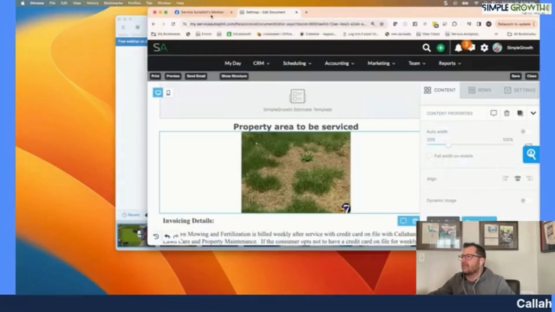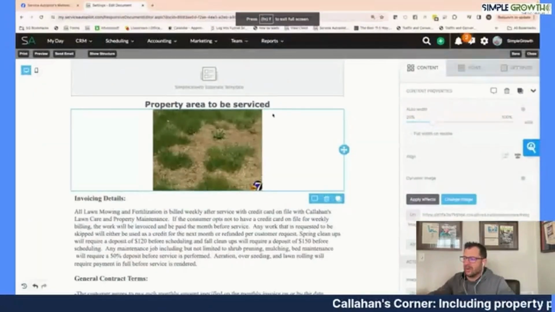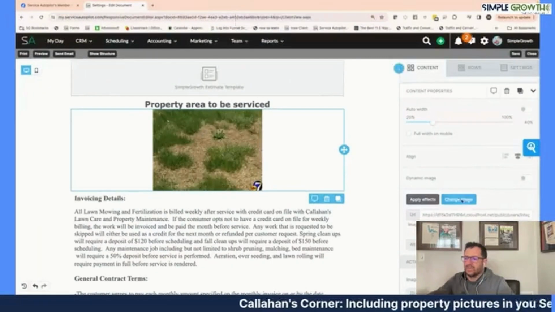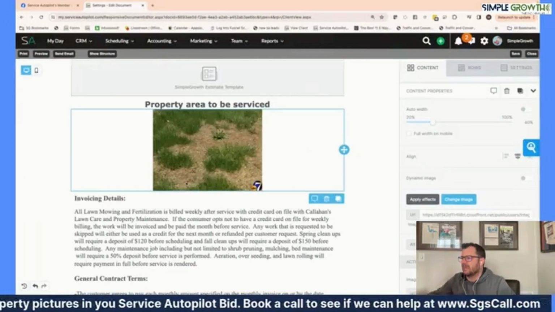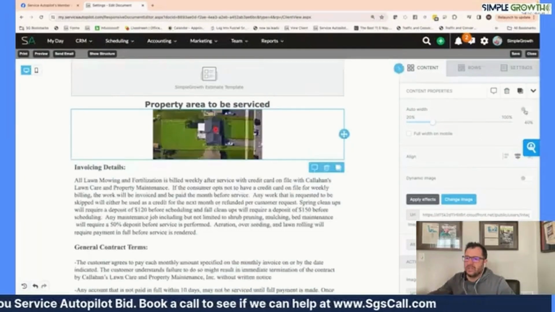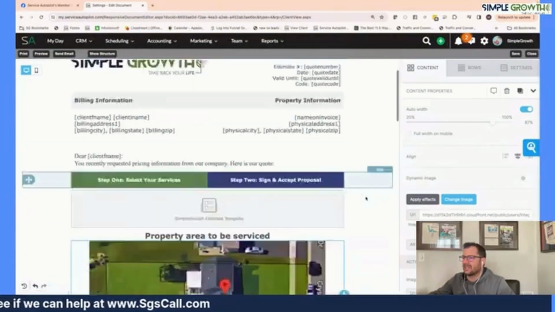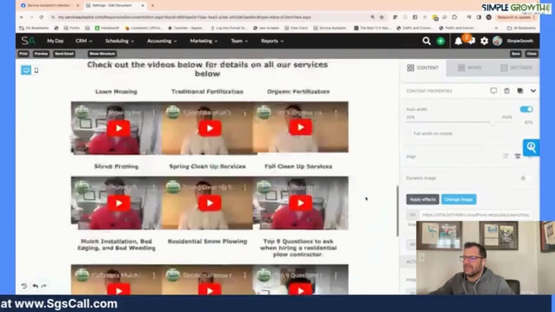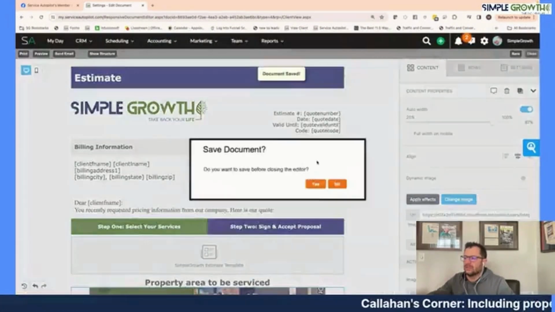When we go back into Service Autopilot, this is an example of if there's a trouble area, you could be pointing that out. We can change the image, upload it, use Carlos's image, and insert it right in the document, and now Carlos has an image that he can manipulate and actually show the service area on his Service Autopilot estimate. So once you do this and have this in here, we would go in and then hit Save, Close, and